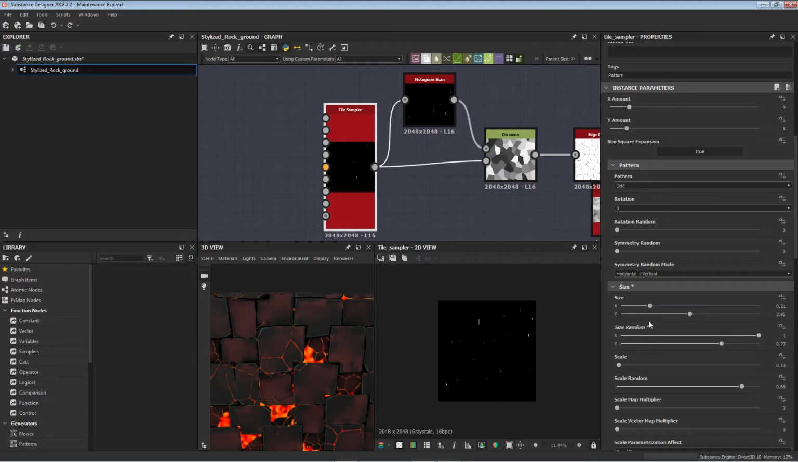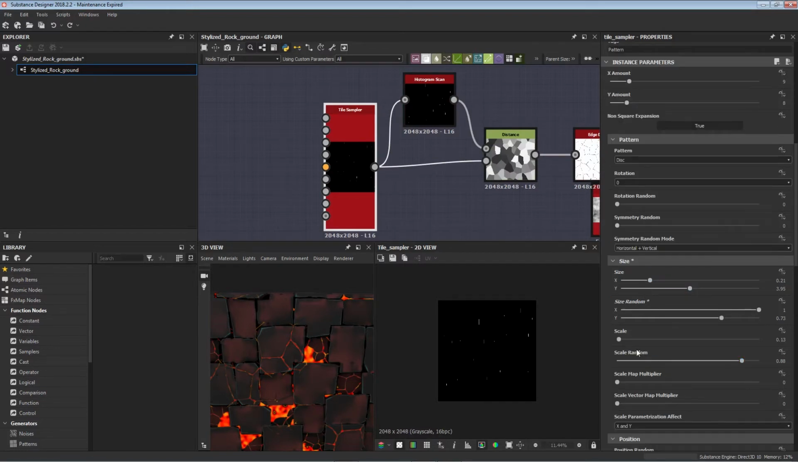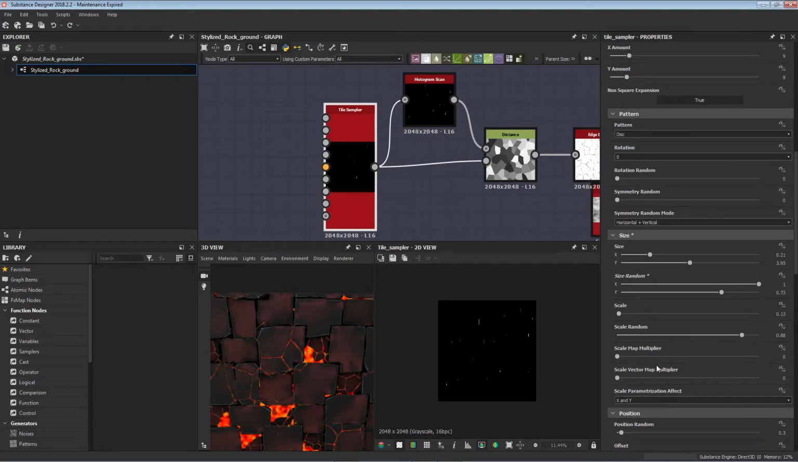So that could be kind of cool. So just play around with it. Just put some random values in till you get something you like. The scale is at 0.13 because we want to make sure they're lines, and then we've got a scale random of 0.88. Now that's again just to give us a bit more variation when we go and create our cracks,